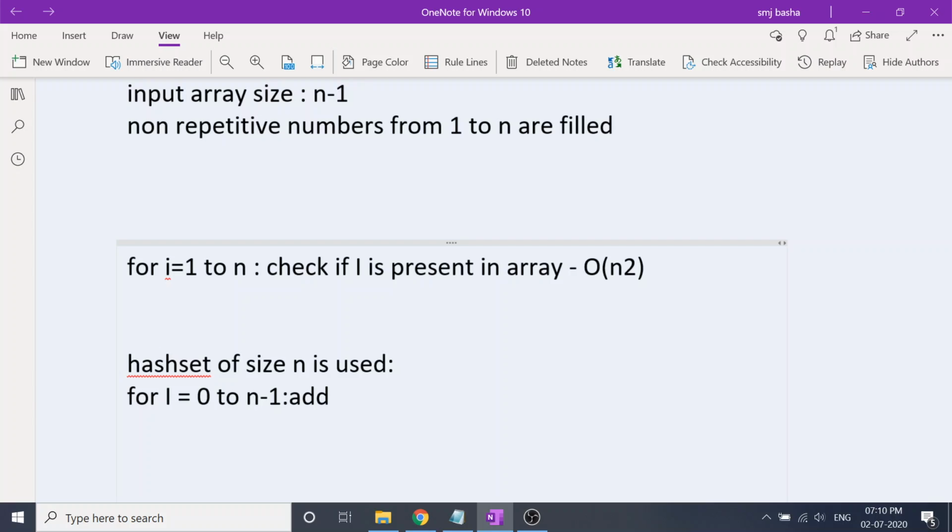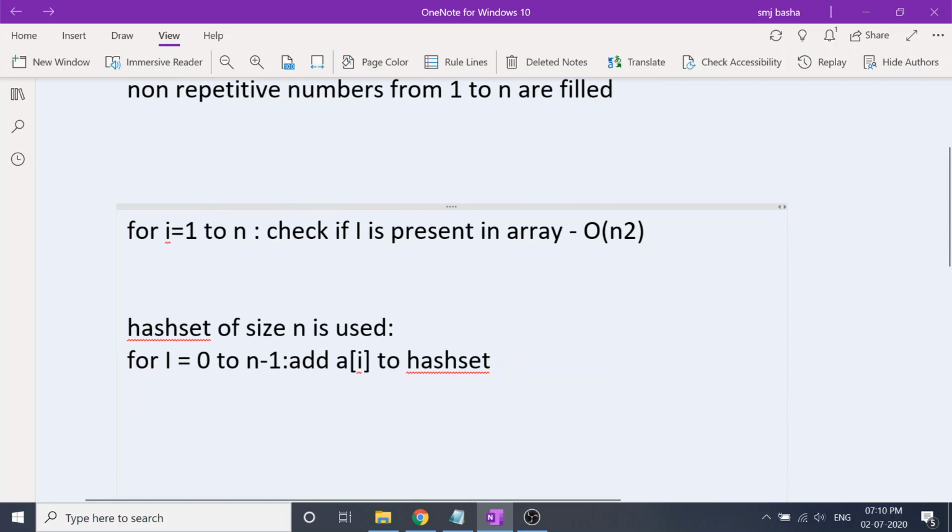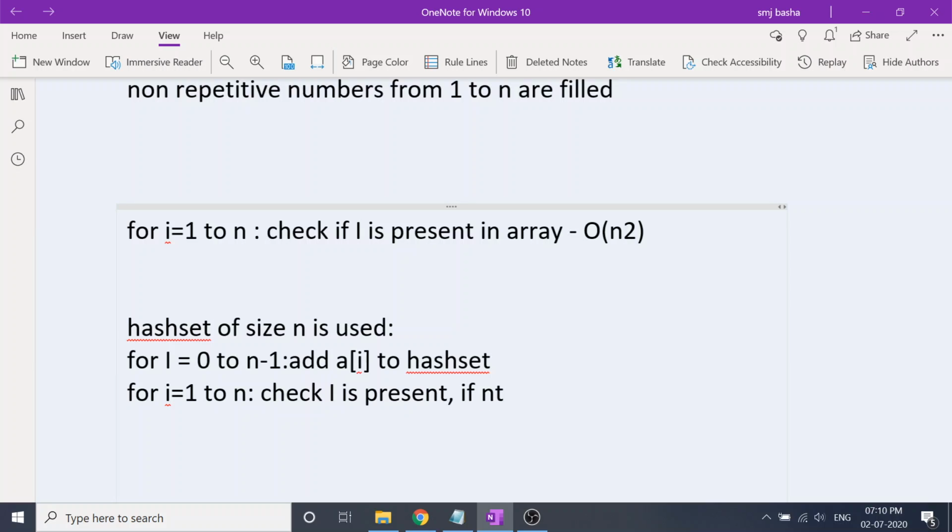So we'll add e of i to the hash set. So now we have added all the elements in the hash set. Now it's time to check if any element from 1 to n is missing. Check if i is present. If not, return i.